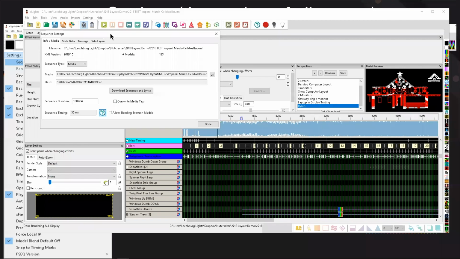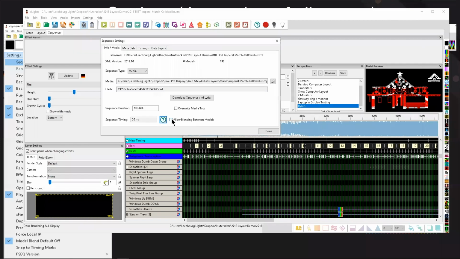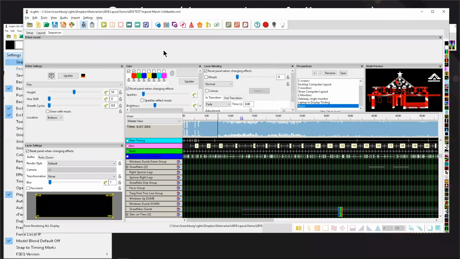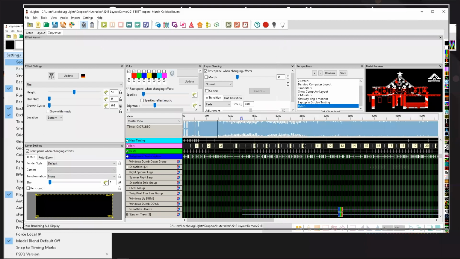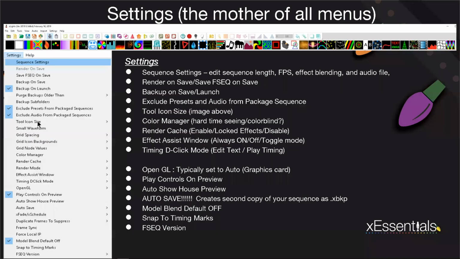Another thing, while we're on this screen, is model blending, and I've already done a video personally on this. It's on the xLights group. You can go search for it. But model blending is a sequence setting. And you can see here that it's not checked, and it's saved in this manner because I have deselected it. Now, whenever we go back in and we look at the functions here, the drop downs here, there is actually a mode here in the drop down that says